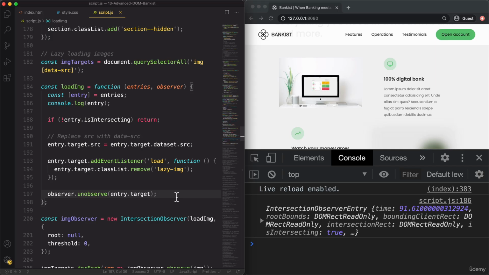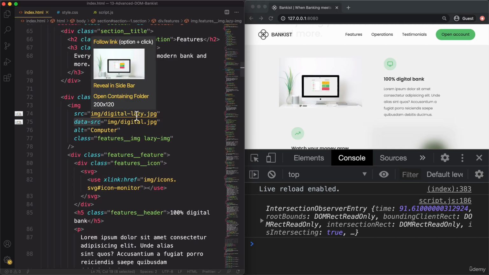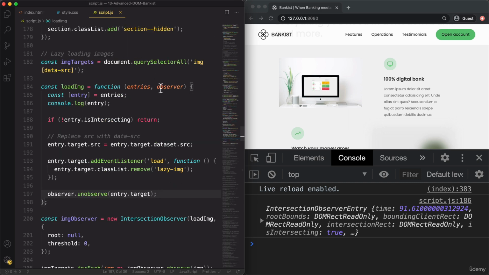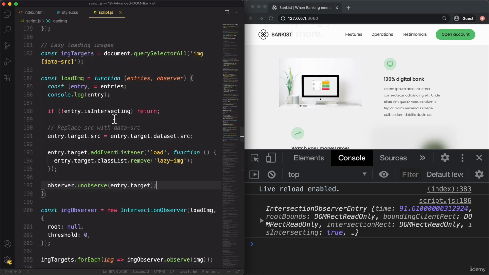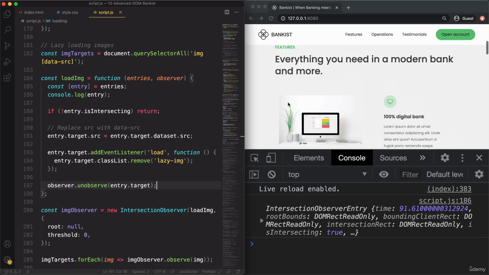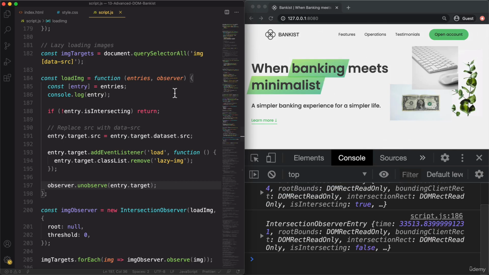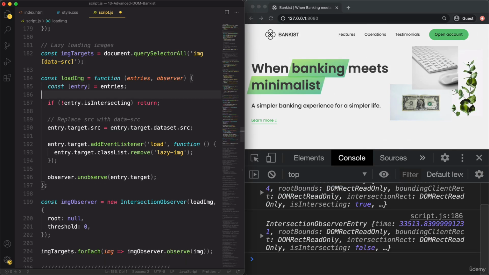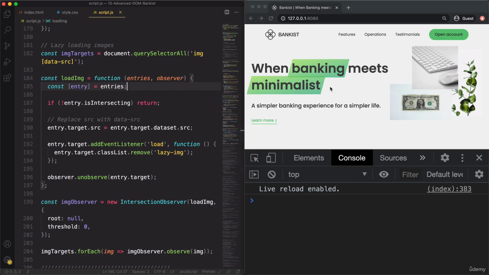I hope that with this video, I could convince you that it's really important to implement this kind of functionality into your own sites. So all you really need to do is to generate these placeholder images and blur them a little bit, and then implement this kind of logic, which really shouldn't be too much work, right? Let me just get rid of this console.log here. Let's load it again,